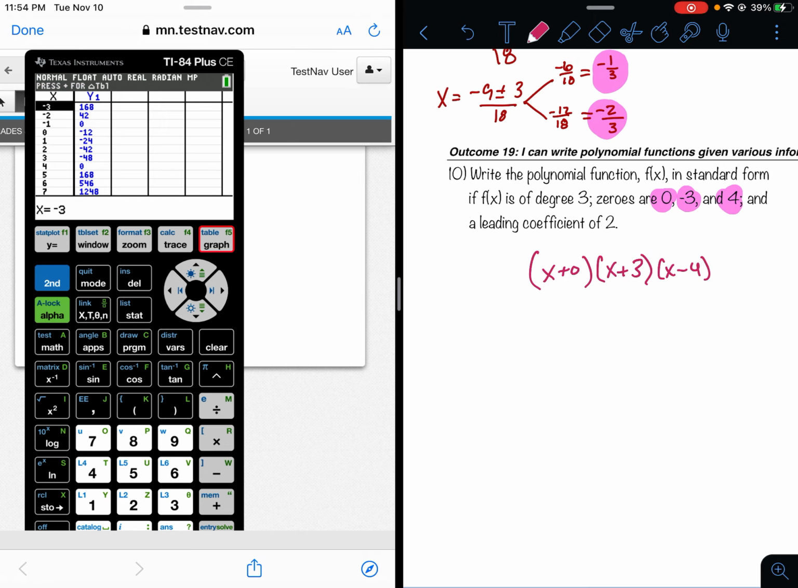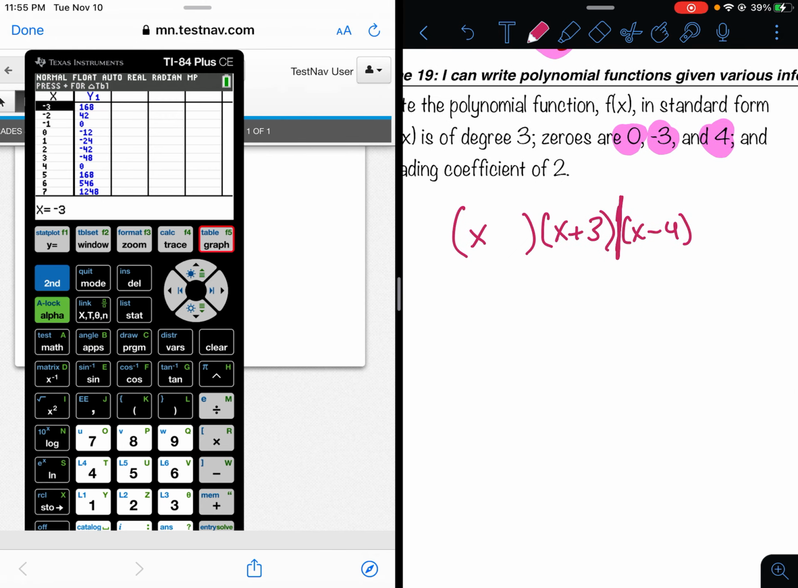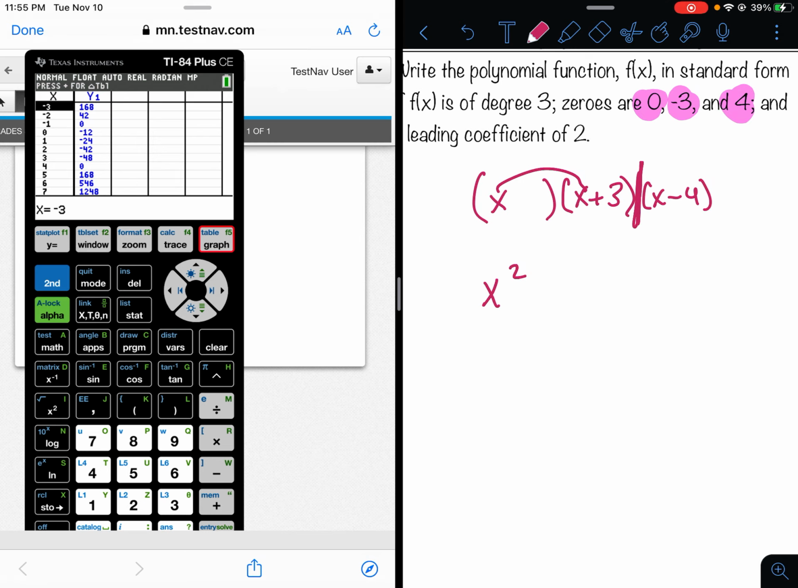And we use our previous skill in multiplying to multiply that all out. Now x plus 0 is simple. I really don't need the plus 0, so it's just going to be x. But I can only multiply 2 at a time, so we do have to separate this. But what makes this easy is there's only one thing to multiply. X times x is x squared. X times 3 is 3x. And that's it. Now I can bring in the x minus 4